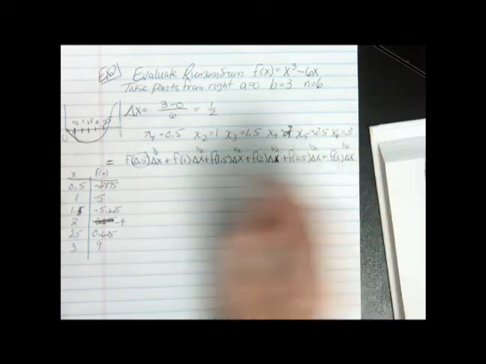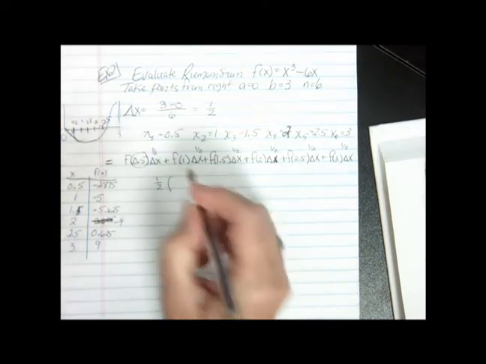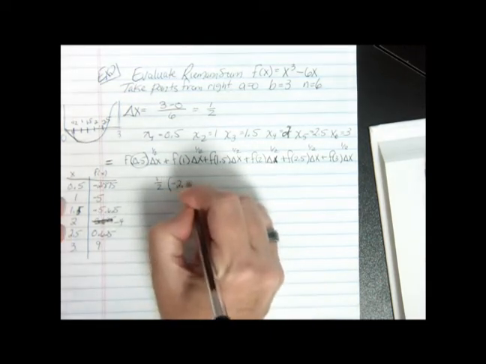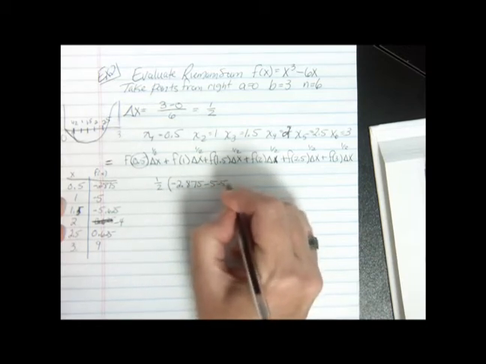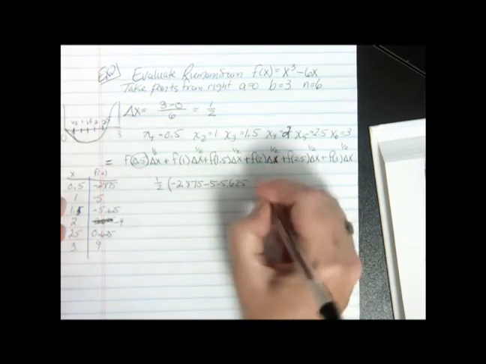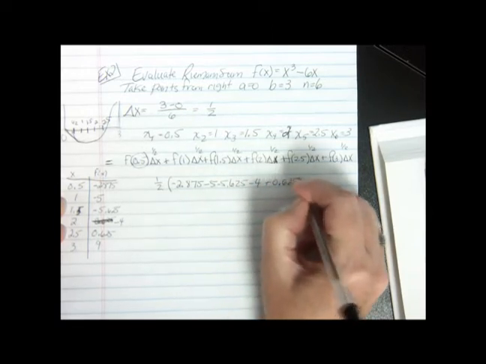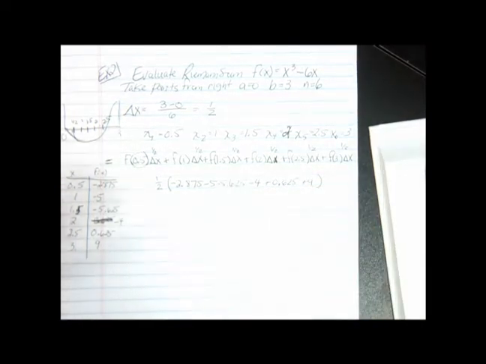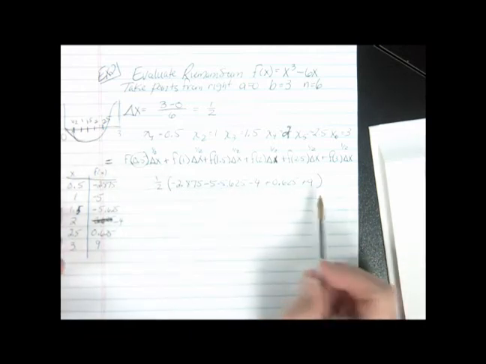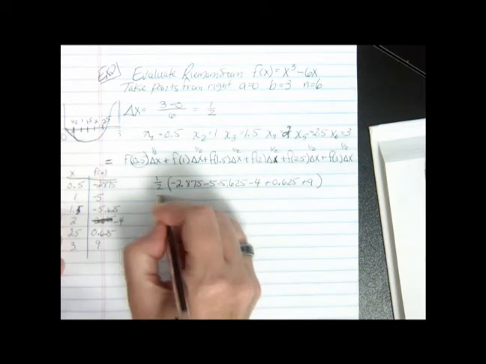So that would mean I'm going to take 1/2 times these values, negative 2.875 minus 5 minus 5.625 minus 4 plus 0.625 plus 9. Okay? And then when I add all these together and take half of that, I find out that I will get a value of negative